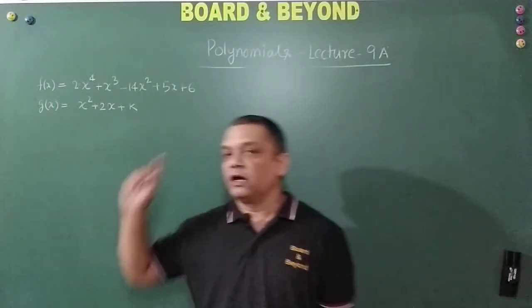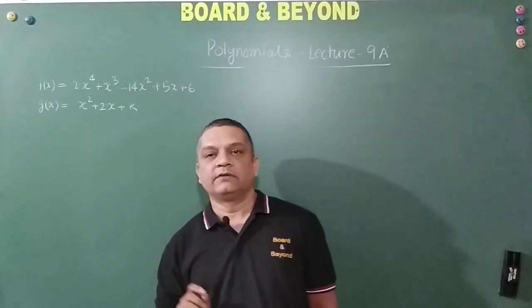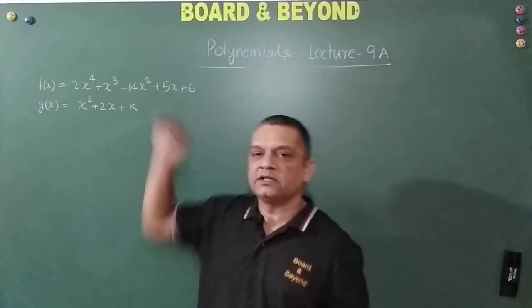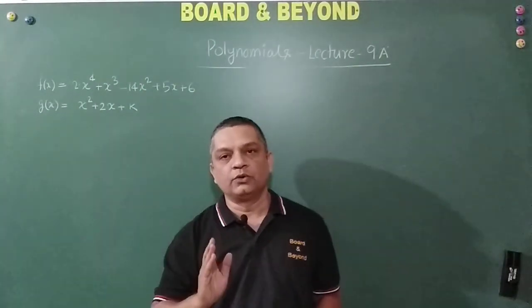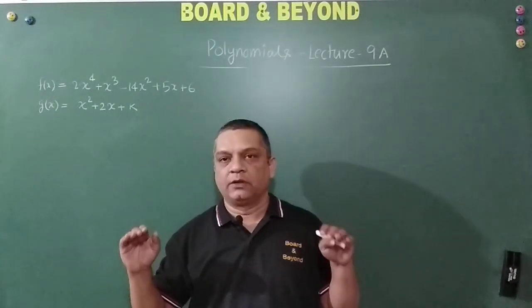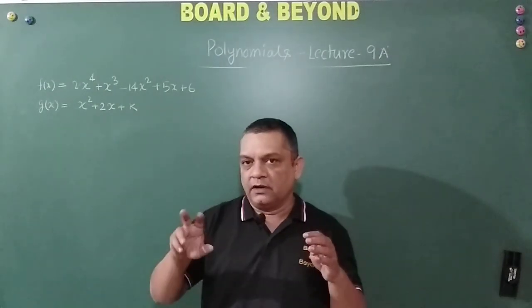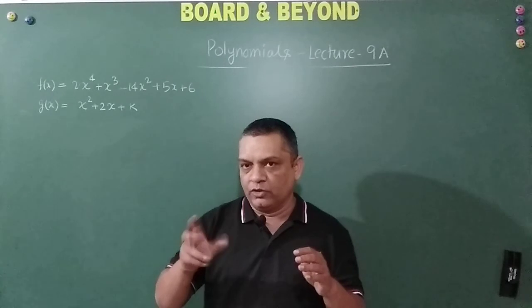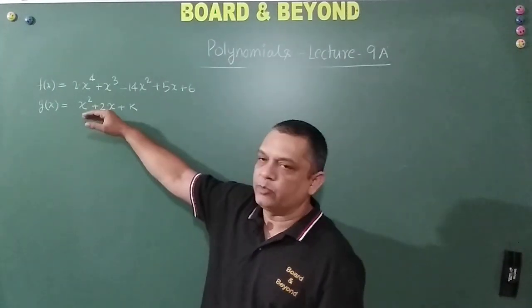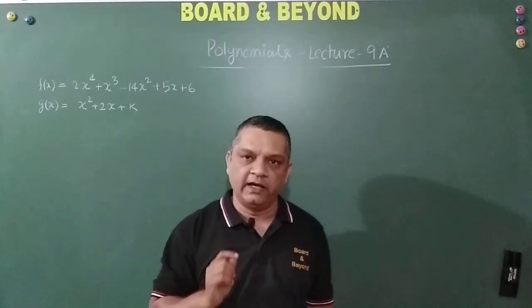Before we start, I must tell you the method I am going to adopt: I will reduce this biquadratic polynomial into its smallest form, that is 4 linear polynomials. Then we will check which product of two of those four linear polynomials gives a quadratic polynomial of this kind, so that we can equate and find the value of k.